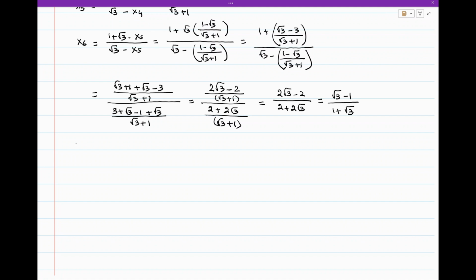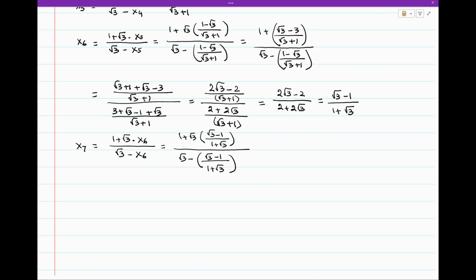And the seventh term, that is x7, will become 1 plus square root of 3 multiplied by x6 divided by square root of 3 minus x6, and that is equal to 1 plus square root of 3 multiplied by the value of x6 term, which we have just now found out to be root 3 minus 1 divided by 1 plus square root of 3, whole divided by square root of 3 minus square root of 3 minus 1 whole divided by 1 plus square root of 3, that is equal to